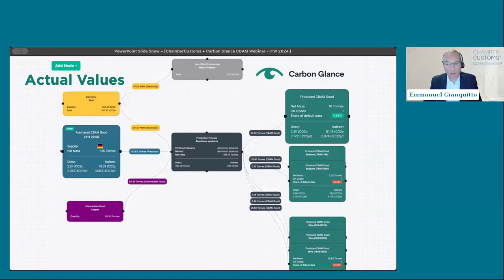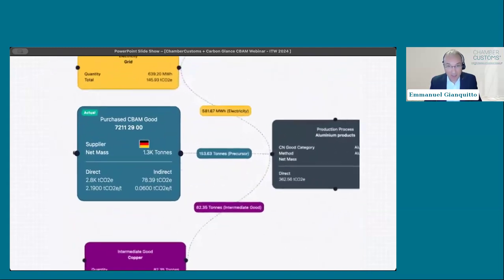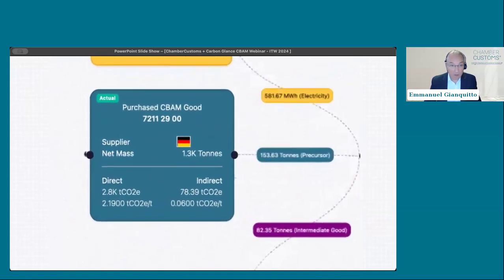As consultants, we have found this tool very useful. Of course, you still need to know what you're doing, and you still need to understand how everything hangs together. But it's definitely an interesting tool. One thing I would like to highlight: in this example, we have a better, simulated situation where from this supplier, name obscured, from Germany, we actually received actual information.